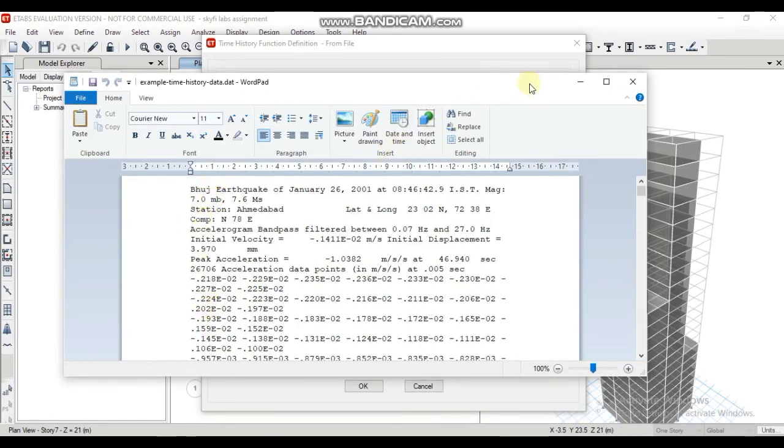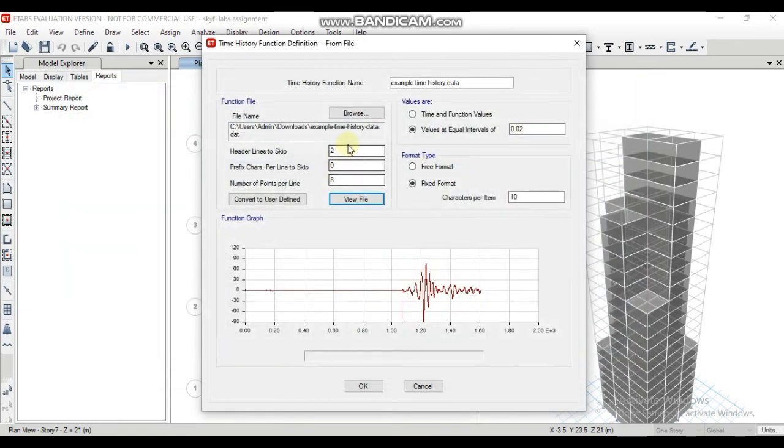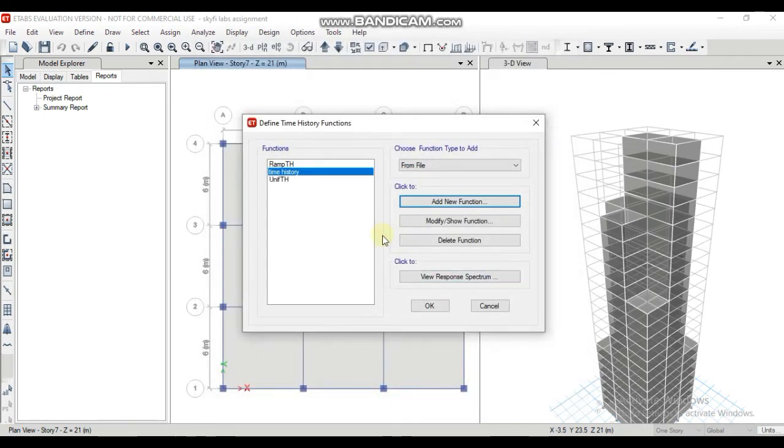So replace the number from 2 to 9 and select the number of points per line as 1. Characters per item as 10 and format type is fixed format, and change the time history function name as time history. Click on OK. Again click on OK.